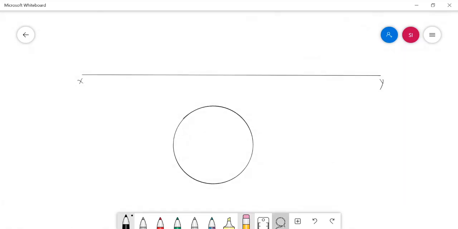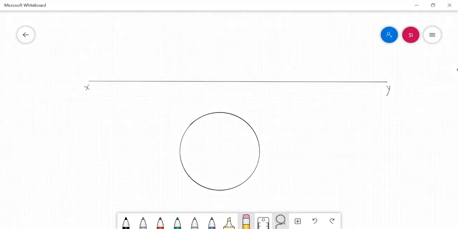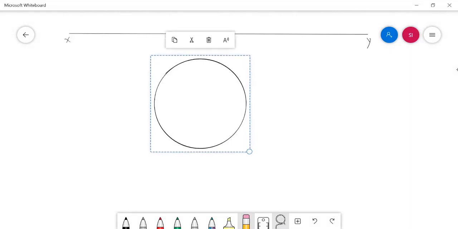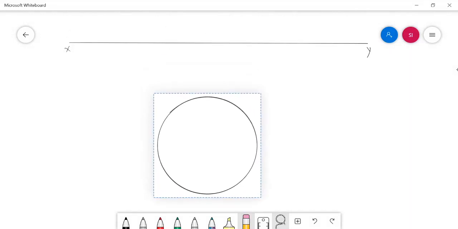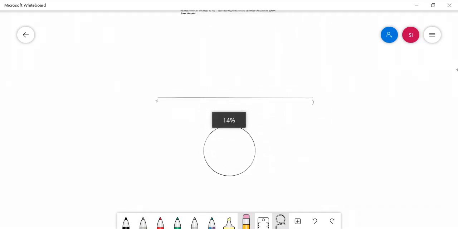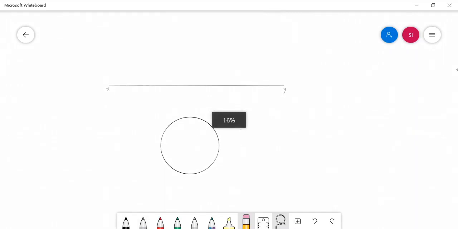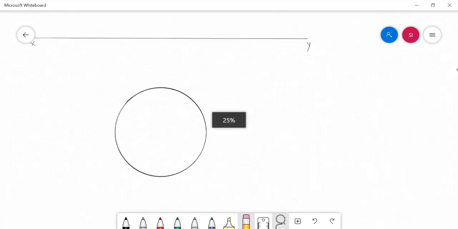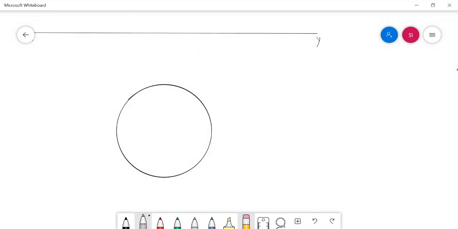I have just drawn it. And I need to mark its various generators.